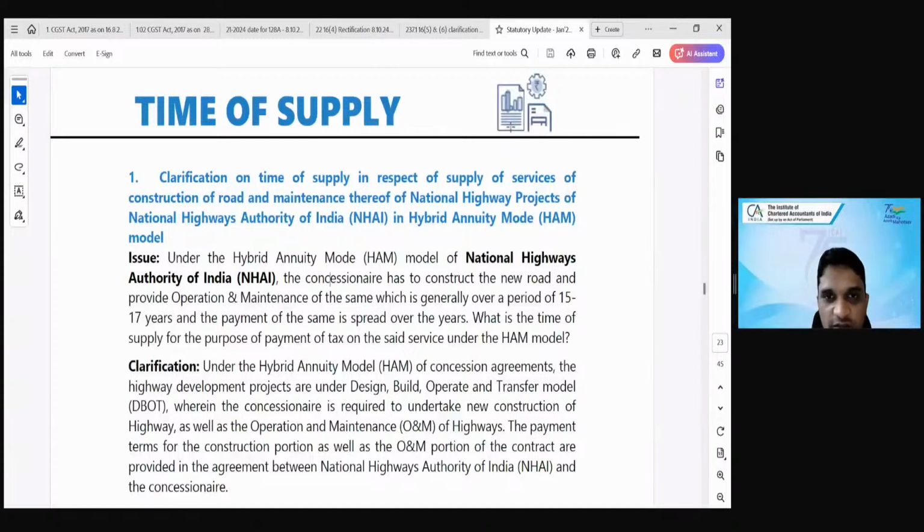तो फॉर दैट कंस्ट्रक्शन टाइम ऑफ सप्लाई will be once that milestone is defined. उसके बाद जो मेंटेनेंस का है, because it is a HAM project which means पहले कंस्ट्रक्ट करो फिर उसको मेंटेन करो। तो मेंटेनेंस के लिए वो तो रेगुलर मेंटेन करेंगे, उसके लिए भी इंस्पेक्शन करेंगे, और इंस्पेक्शन होने के बाद उनके साथ अग्रीमेंट हो जाएगा कि मंथली मंथली पेमेंट होगा। तो जब मंथली पेमेंट डिसाइड कर दिया गया है, तो फिर टाइम ऑफ सप्लाई will be monthly basis. So that is what is being said here in this circular, that when the payment is decided, then the time of supply is that payment basis, और आपको इनवॉइस पेमेंट रिसीव करने से पहले रेज करना पड़ेगा।